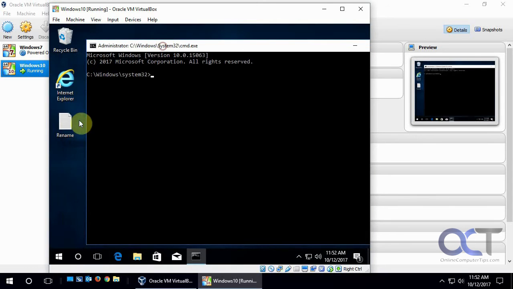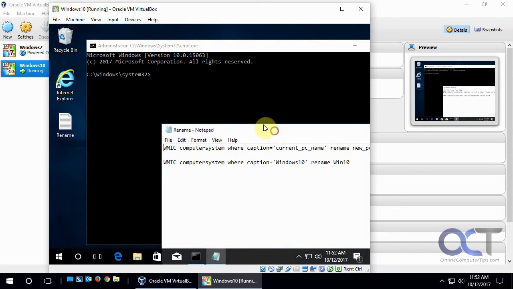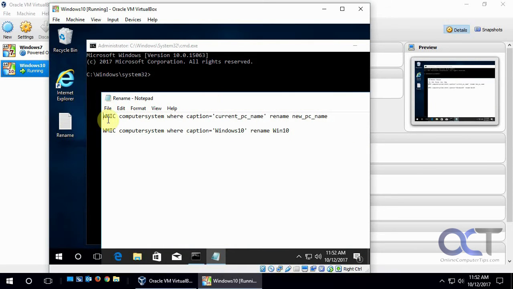And so I have a little cheat sheet here. So here's the command: WMIC computersystem where caption equals, and then in single quotes, current PC name, and then rename, and then new PC name. So we're going to run this. So the current PC name is Windows 10 in the single quotes, and for rename we're going to just call it Win10. So we're going to copy this,